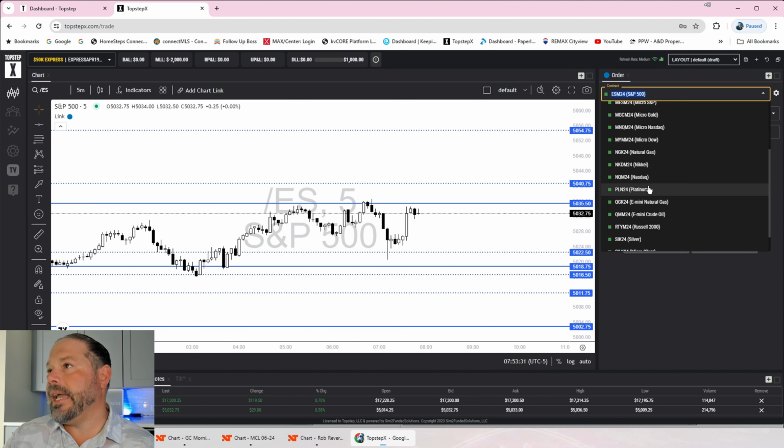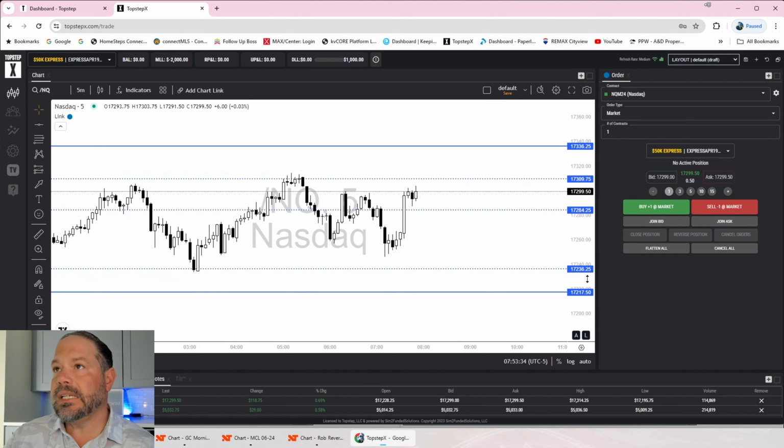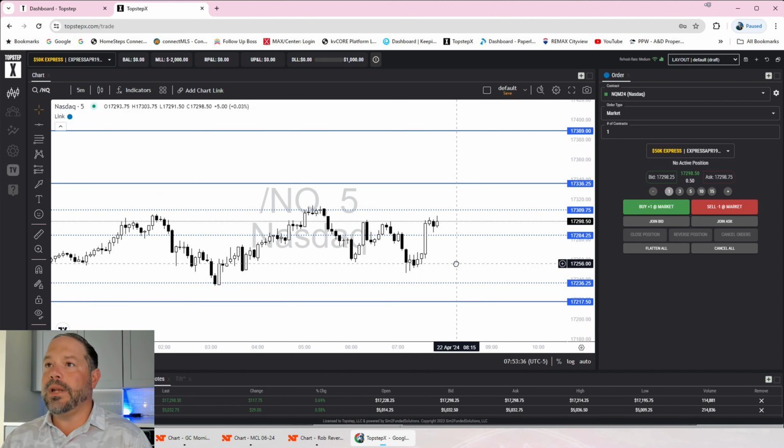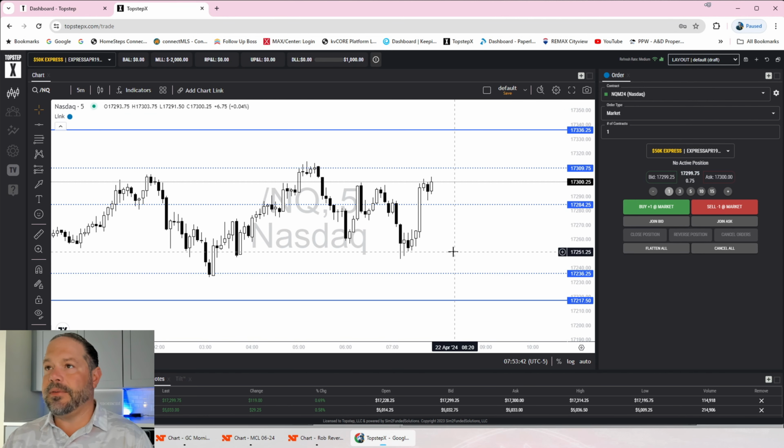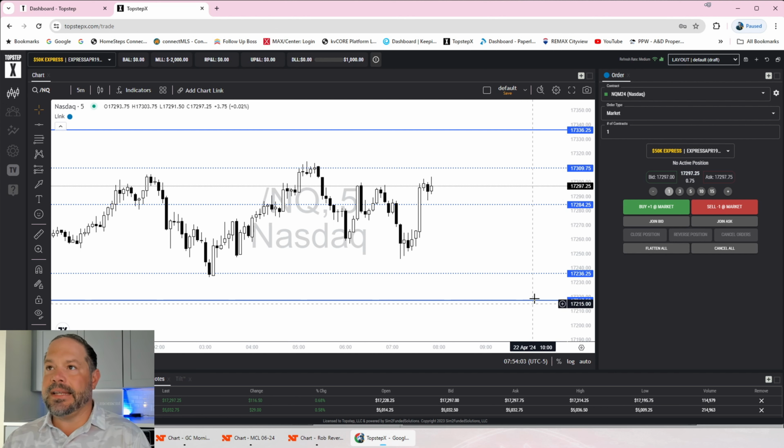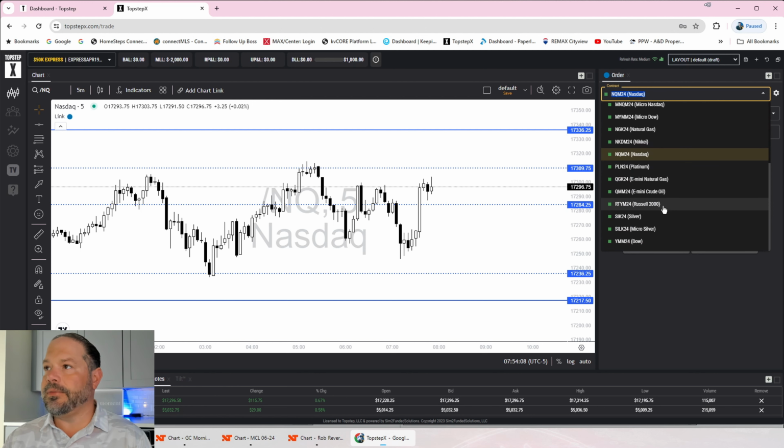If we take a look at the NQ, probably the instrument that I wouldn't like to trade today, just kind of too big of space, too big of gaps here. Closest to us is at 17.309. Below us is 17.284. We got a strong level at 17.336. And then we've got another 5-minute level at 17.236 and a strong level at 17.217. Probably the weakest out of the three charts for me as far as tradability this morning.